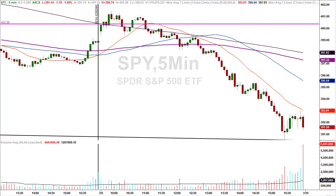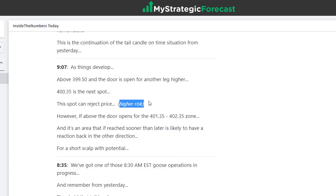Of course, we think better in pictures. 400.35 is the horizontal line running across the screen. The opening print was right here, 9:35 candle on a 5-minute chart. And guess what? 400.35 was overhead resistance for a while. They bantered back and forth above and below it. It was an important place. Gave you a scalp trade if you wanted it. We did have some traders in the room that took advantage of that on a small basis, but it was